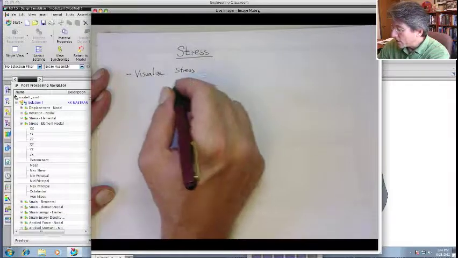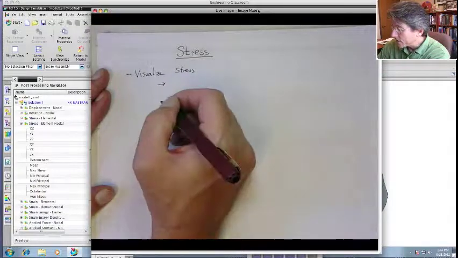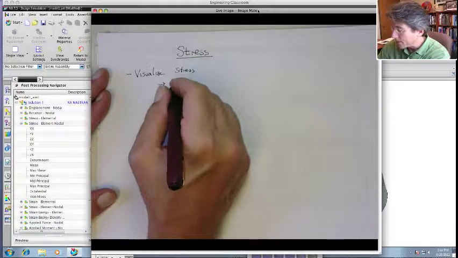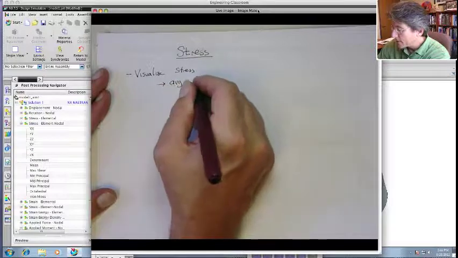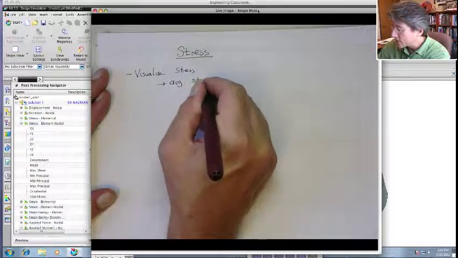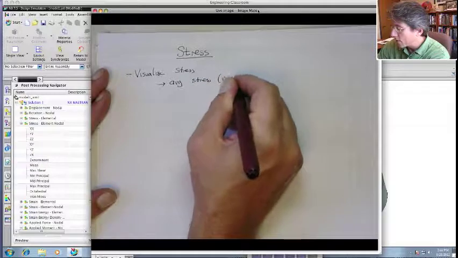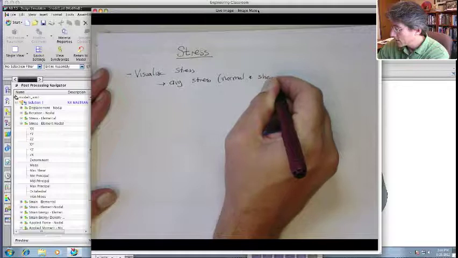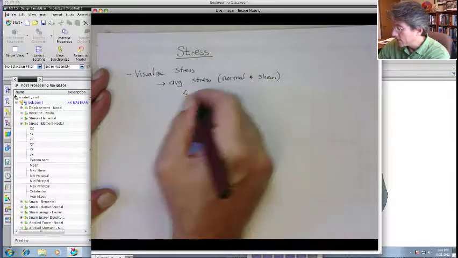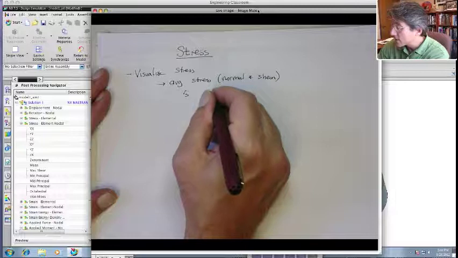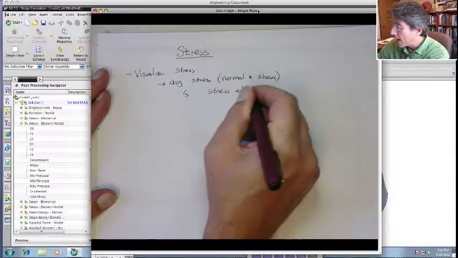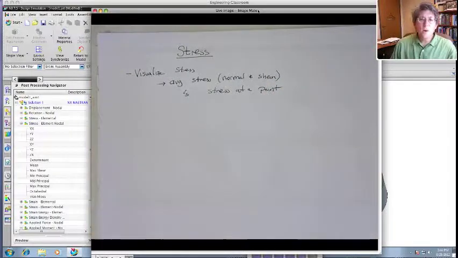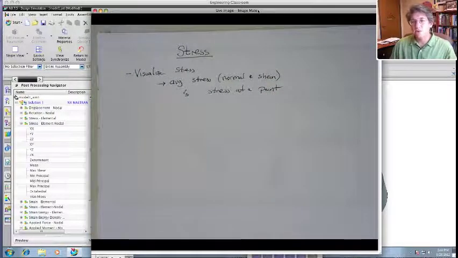And hopefully go a little more in depth and make a little more sense about averaged stress, both normal and shear, versus the actual stress at a point. All right? And now what I'm going to do with this, I'm going to try and illustrate this with an